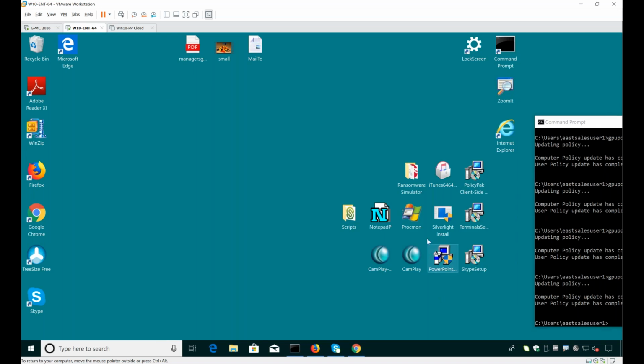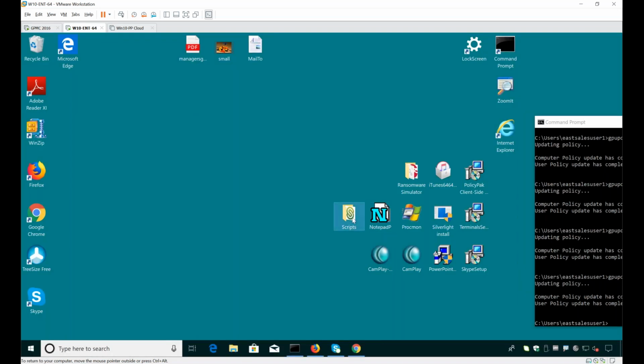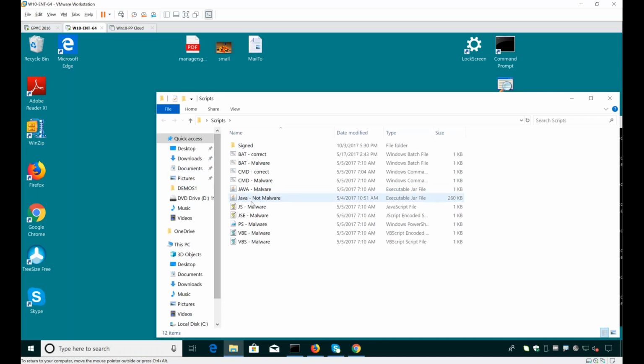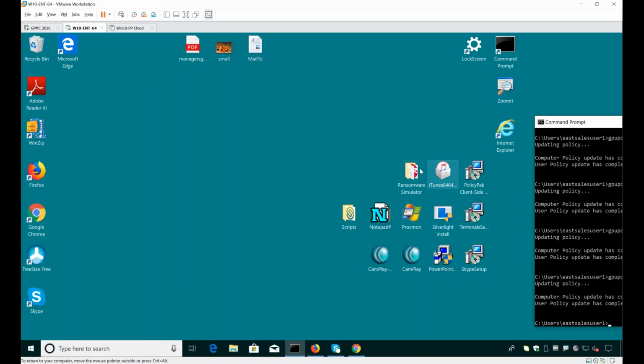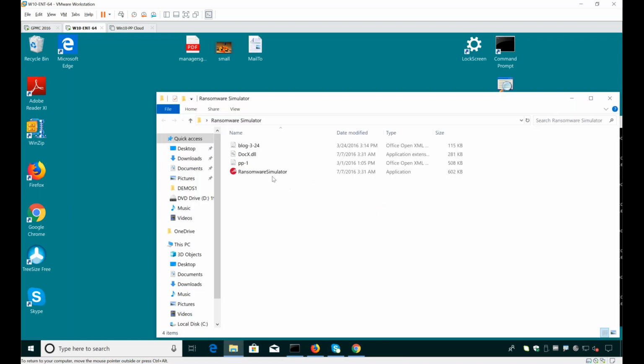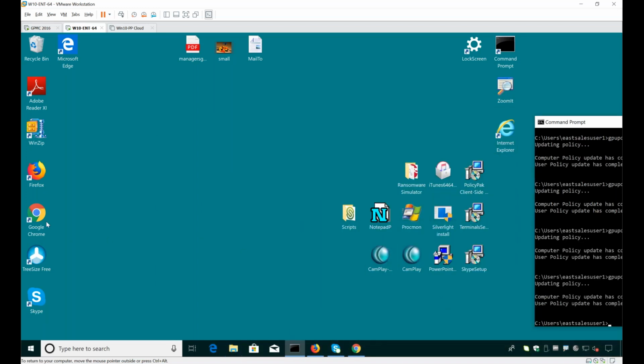Chrome is happy as Chrome can be anyway. And then if we take a look at something like Notepad P, what happens now? Oh, bang, that's stopped in its tracks. The scripts, all the scripts that could have been malware before, what happens now? Oh, bang, they're stopped in their tracks. Ransomware simulator, we don't know what the story is here. And of course, that's going to be bang, stopped. How do we know instantly all the crap that the user has versus what you have?